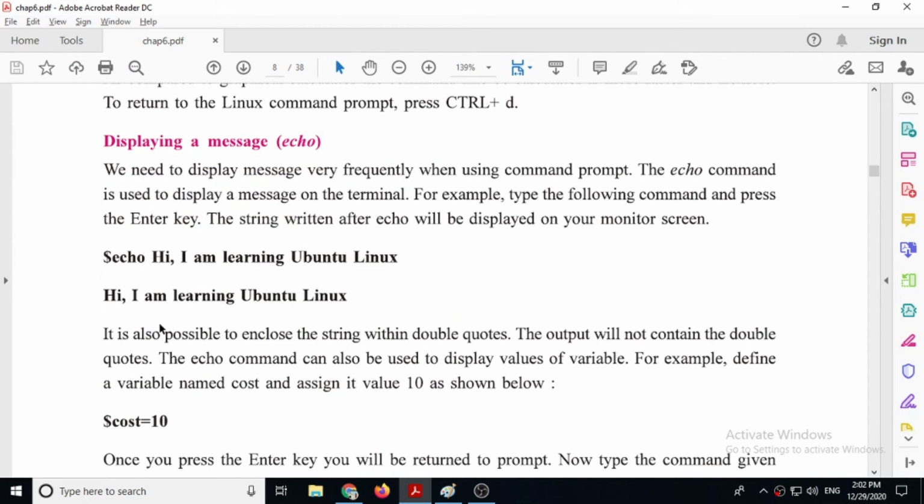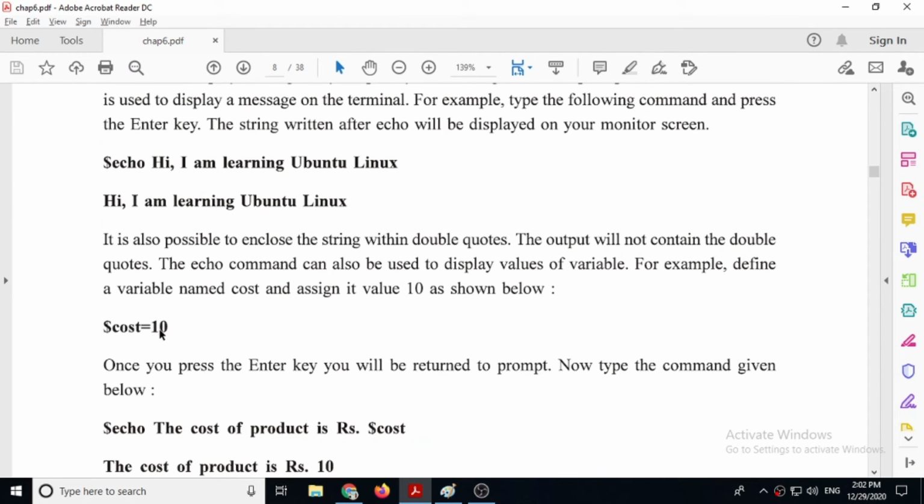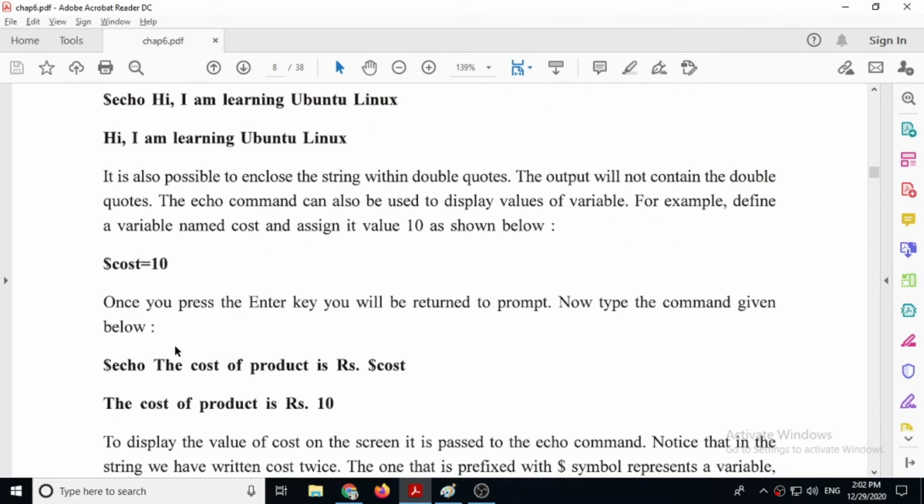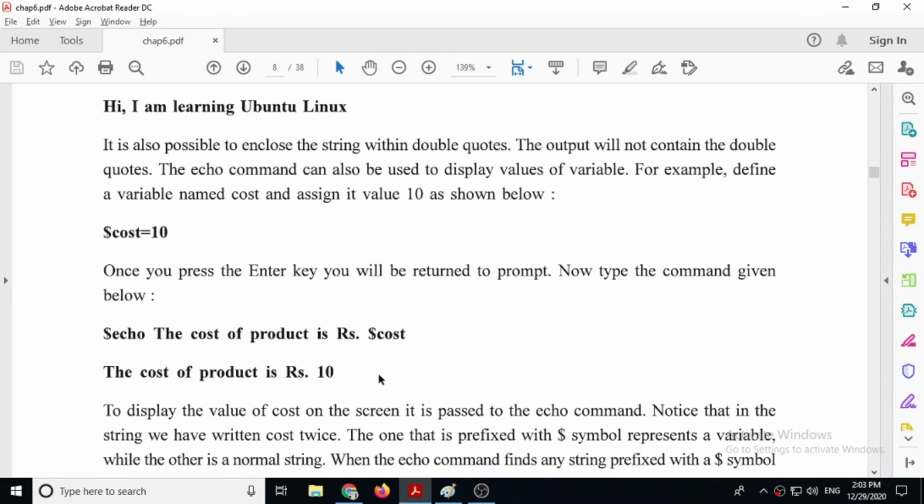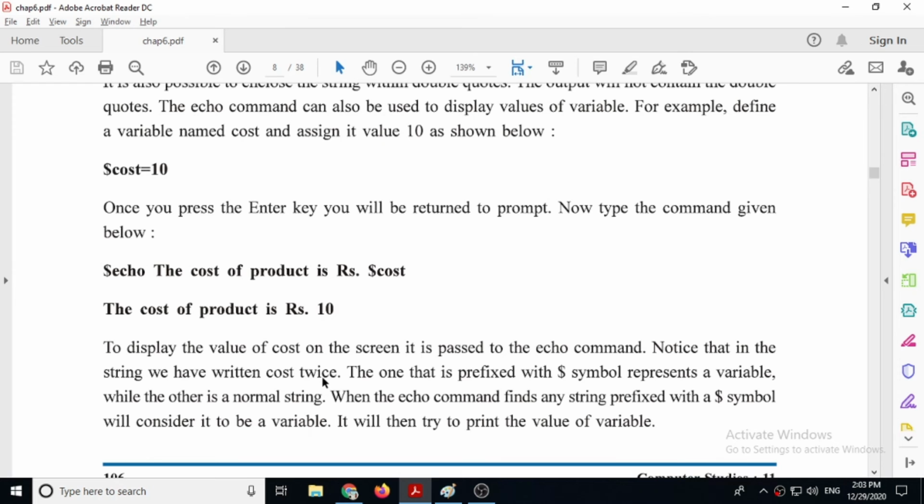So this is the echo command. See here, cost is a variable, and if you want to print the value of the variable, then you have to give echo the cost of the product is rupees $cost, then it will print the value. See, while creating or declaring a variable, you do not give the $ sign.